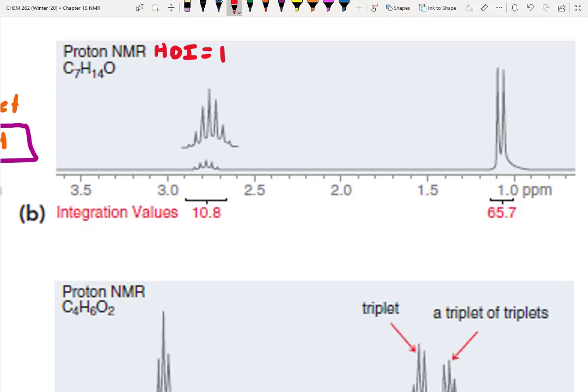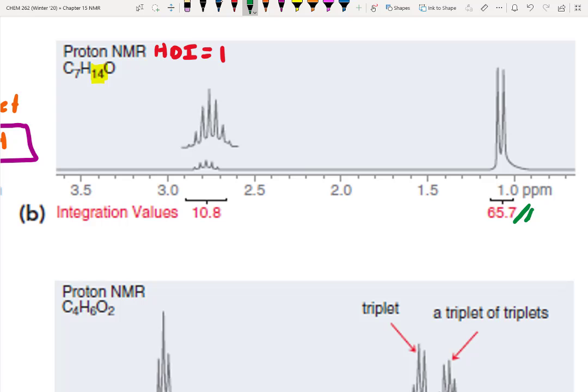I agree. All right, next things first. Let's do the integration values. So over here, it says we have 14 protons. Quite clearly, the integrations don't add up to 14. So what would make the most sense? Yeah, if we did whole number ratios, I'd say